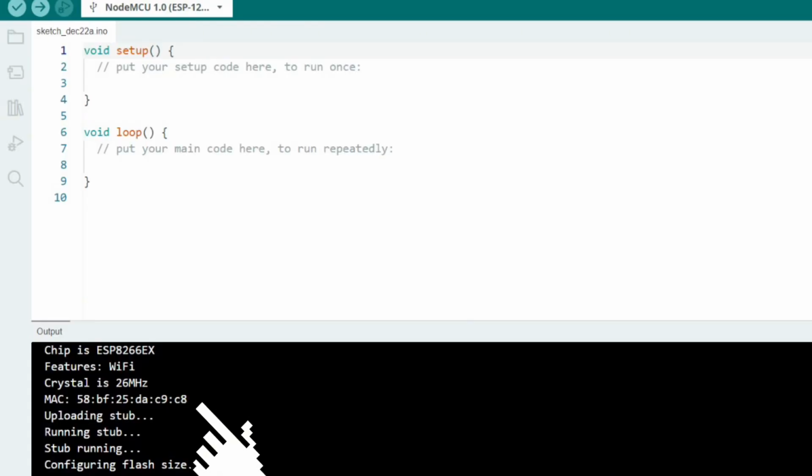By uploading any code to it, you can see its MAC address in the output on the Arduino IDE. You can simply copy the MAC address and implement it in the transmitter sketch so we can